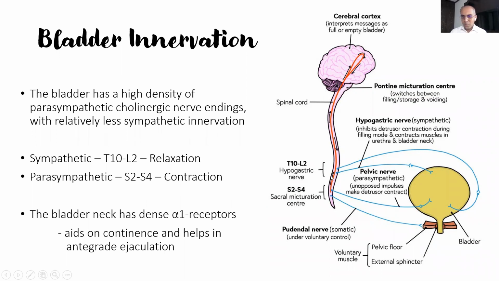So usually what happens is there's a constant sympathetic tone keeping the bladder relaxed, letting it fill up. Once the bladder is filled sufficiently, an impulse is sent to the pontine micturition center, and the pontine micturition center sends a command down to the sacral micturition center, and via the pelvic nerve, the parasympathetic impulses are transmitted. This aids in strong contraction of the detrusor muscle and the cessation of the sympathetic tone. There is relaxation of the bladder neck, and the pudendal nerve is also instructed to open the external urethral sphincter, and there is passage of urine.